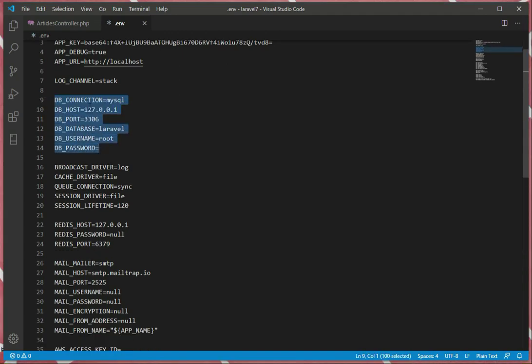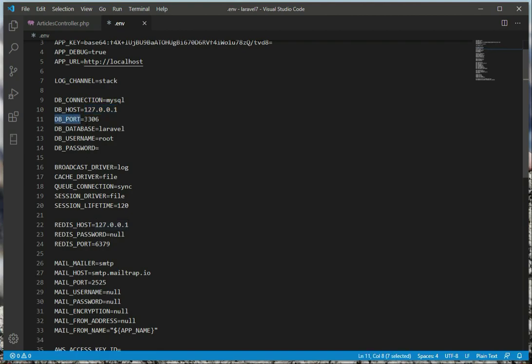So now here we have the database connection keys and values. First we have the key DB_CONNECTION, in which we tell it which database we want to connect to, like Oracle, MySQL, SQLite or Postgres, whatever you have. The second key is called DB_HOST. It's asking where our database is stored. Our database is stored in localhost.